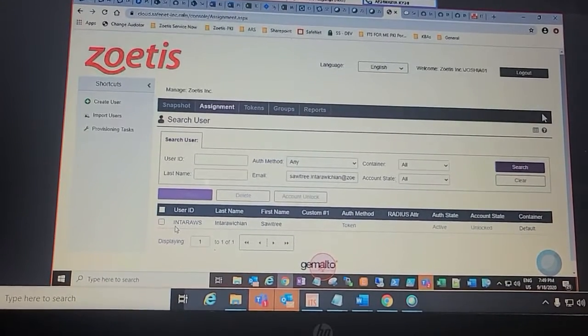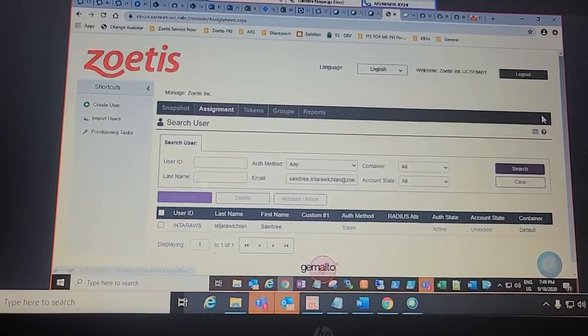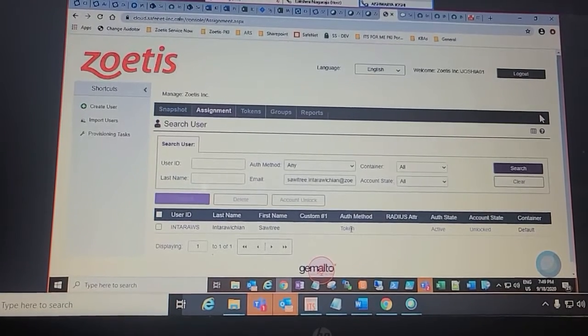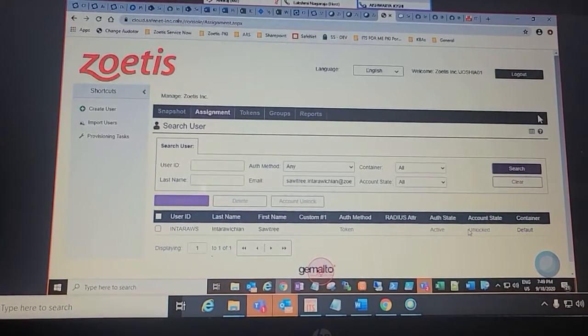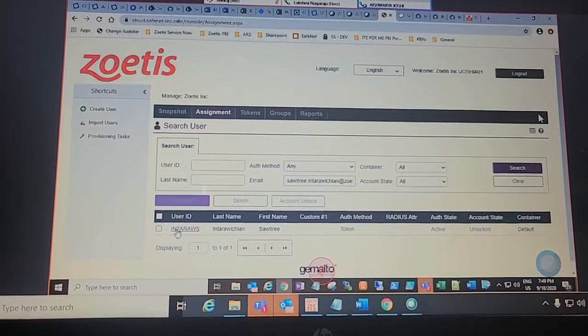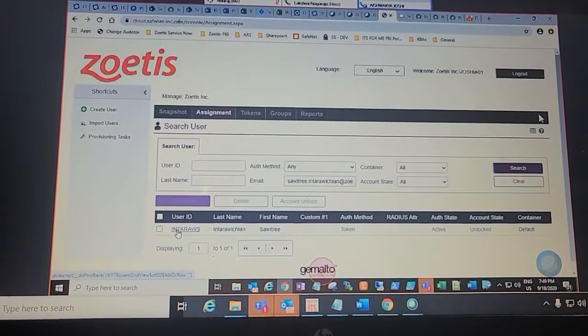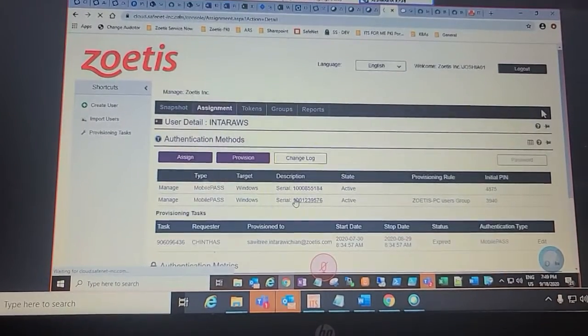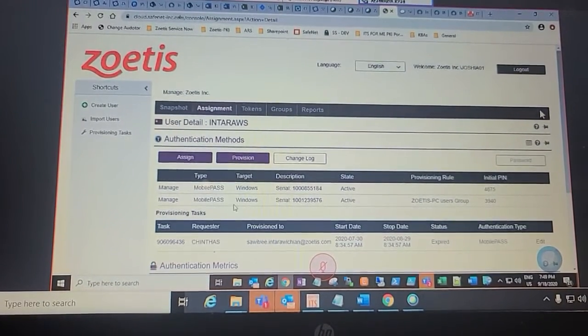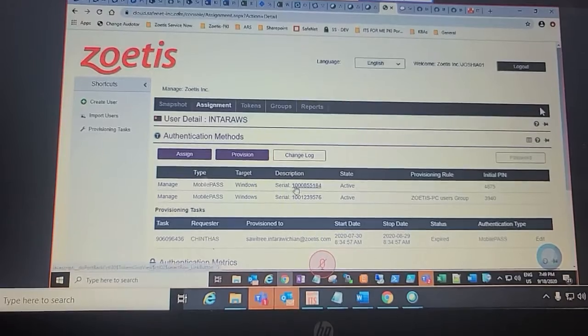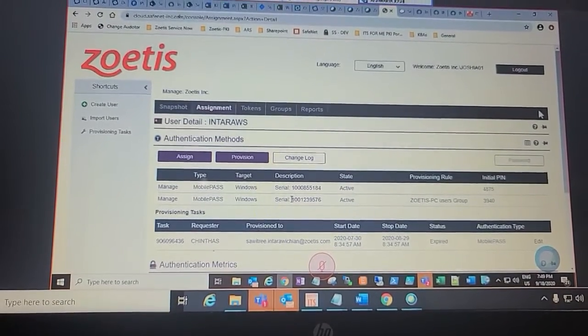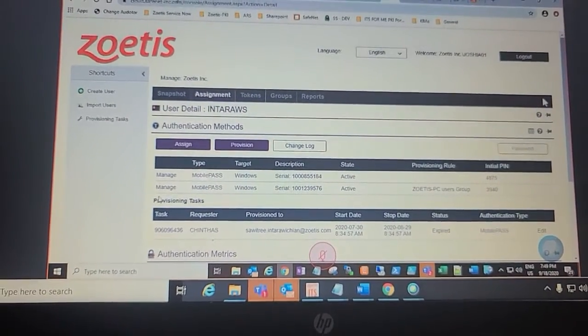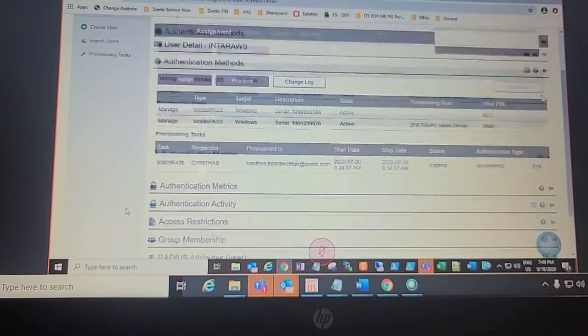You will see all his information: user ID, last name, first name, token state, account state. If you click on the user ID, you will see how many tokens he has on his account. He is currently having 2 active tokens, but as requested, he needs a replacement.